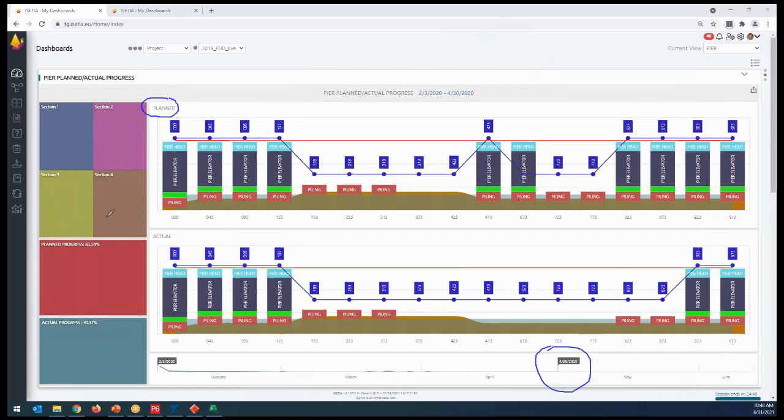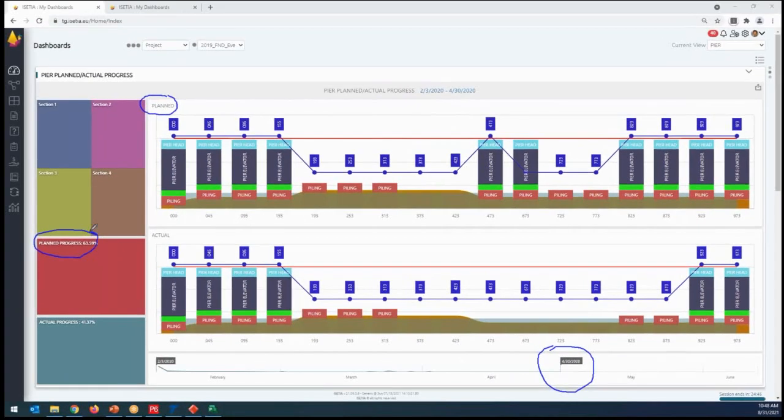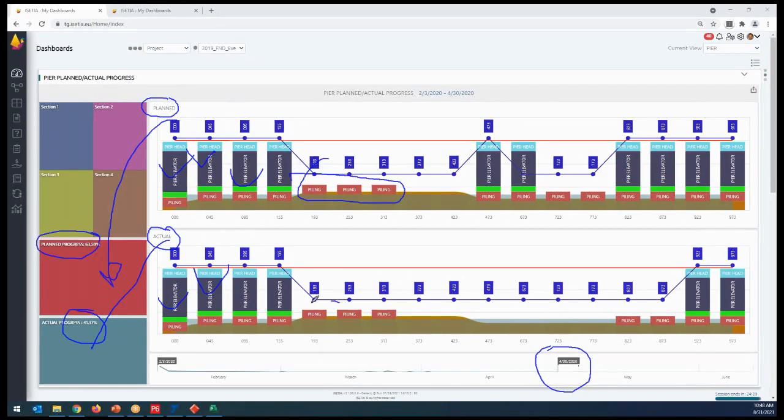The plan is 63%, and the actual is 41%. Piling works are fine, but unfortunately I see the problem is that these are not able to be done, and also these two piling are not done. So that's how I am tracking my progress.